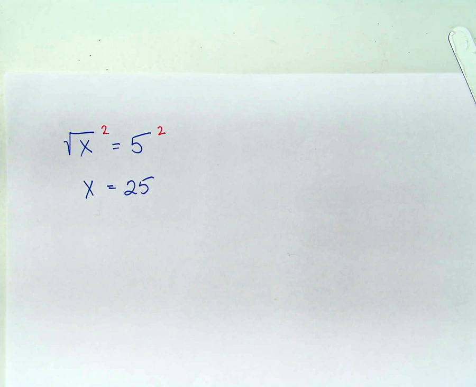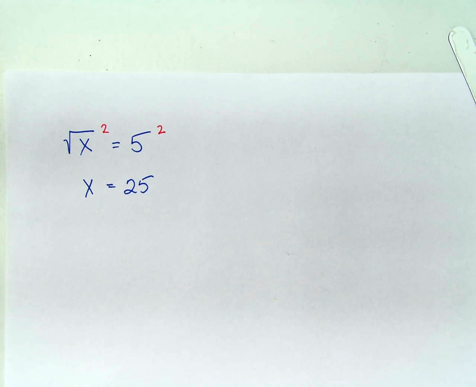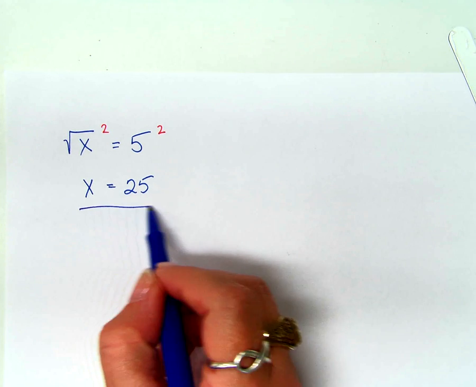Is that the answer? How could you know for sure? You could check it. What's the square root of 25? 5. It's right. You already know how to do that, right? Okay? So,